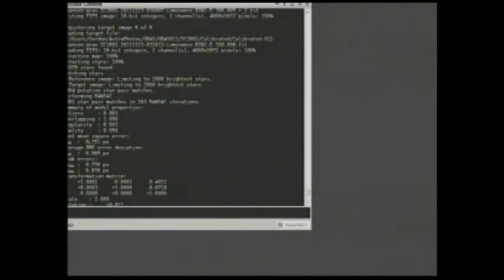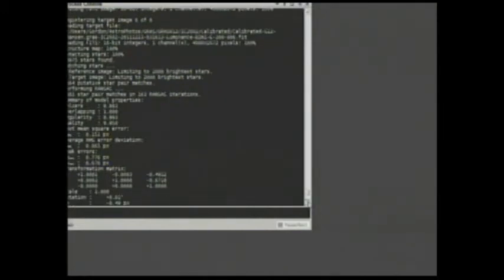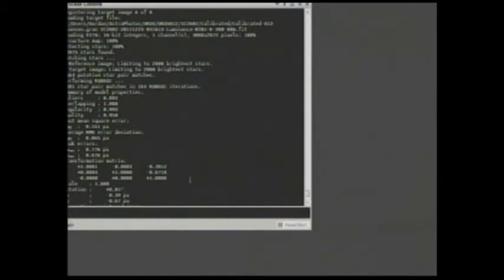And you can see it only had to move things a little over 1/10 of a pixel, which essentially says it didn't move anything at all, and essentially 0 rotation. So it will not only move things around and scale them, but it will also do some rotation if necessary. In this case, it was only 0.01 degrees, which is essentially nothing at all. Okay, so now we have 6 images that have been